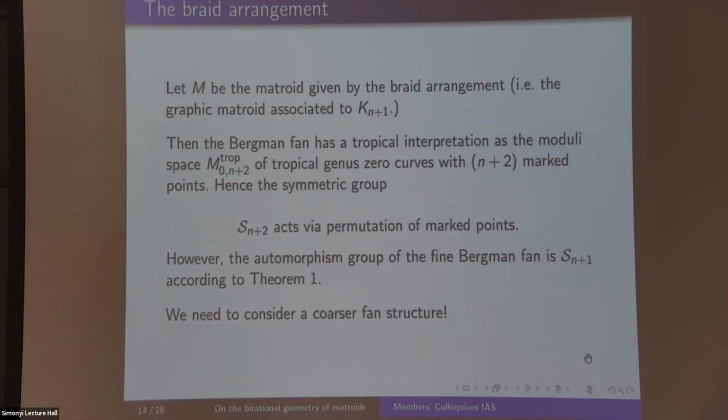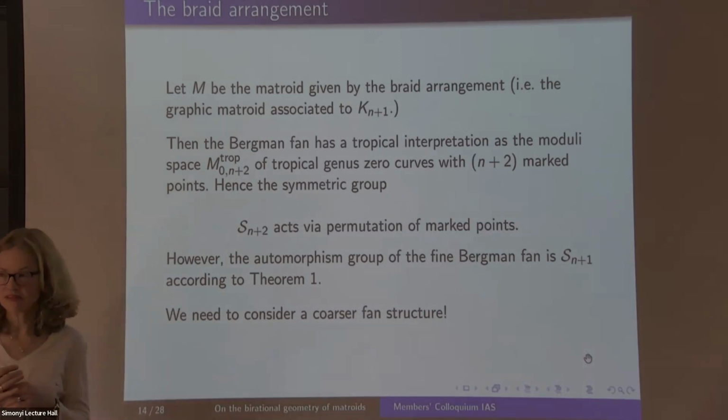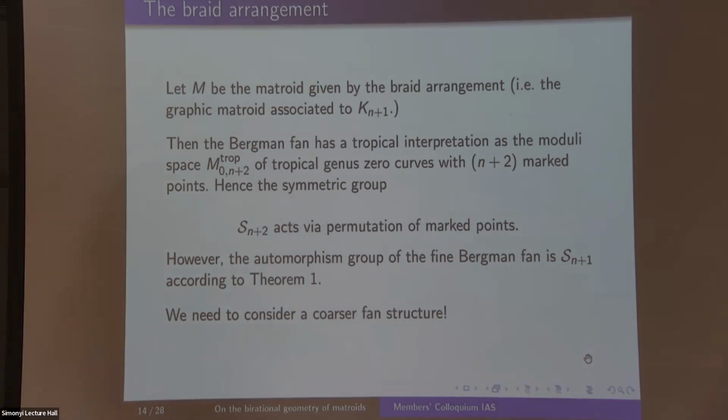Okay, the Bergman fan of this matroid has been studied by many people in tropical geometry, because tropical geometry is very successful in these counting problems where people count certain things, often geometrical objects with certain structures in moduli spaces, by tropicalizing the whole thing and then counting something tropically in a more combinatorial setting where it's easier to count. For example, the moduli space of marked curves is something many people work on. It has tropical avatars. So there is a moduli space of tropical genus 0 curves. Don't worry if you don't know that, we don't need it for this talk,